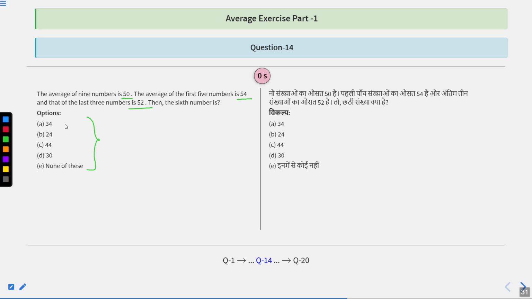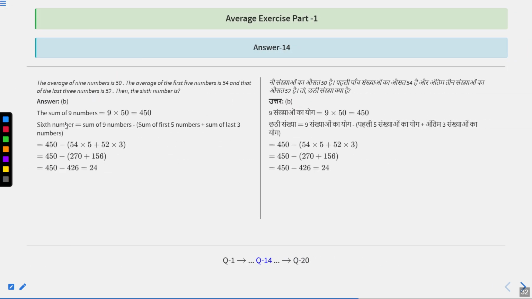Now time's up. Let's see the solution. The sum of 9 numbers is 9 into 50. It becomes total 450. Clear? Now the question says that the 6th number is equal to the sum of 9 numbers minus the sum of the first 5 numbers plus the sum of the last 3 numbers. Clear? So when we calculate it, we know the total sum of 9 numbers is 450. Clear? The sum of the first 5 numbers, given that the average is 54,